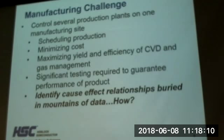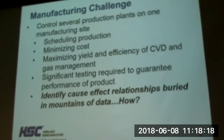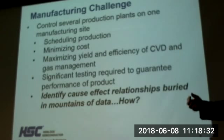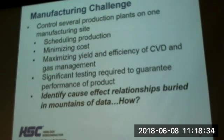Well, first one is scheduling. You've got so many people. These reactors are pumping out 5-10 tons a batch, and you got to get it out of there fast, so you can turn the reactor back on and make another 5-10 tons, and that takes people. So we got to get the people in the right place, and these are very large systems, so there's a lot of safety issues involved. We run them on hydrogen; they have to be purged. They're hot. We got to wait for them to cool. And scheduling and making sure that we turn over these reactors as fast as possible to get our maximum production